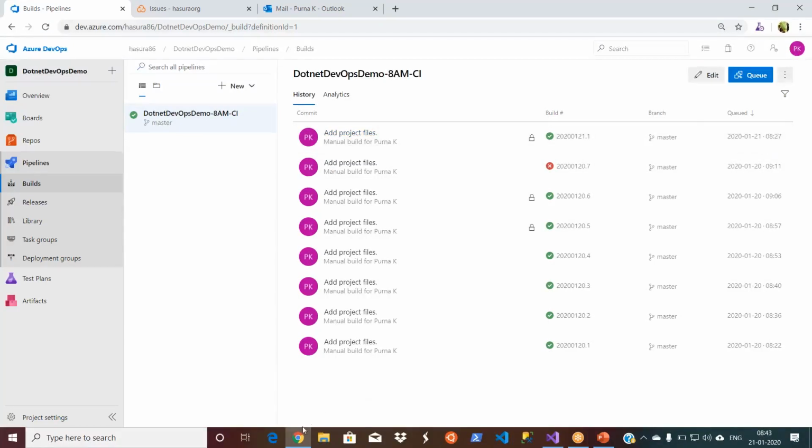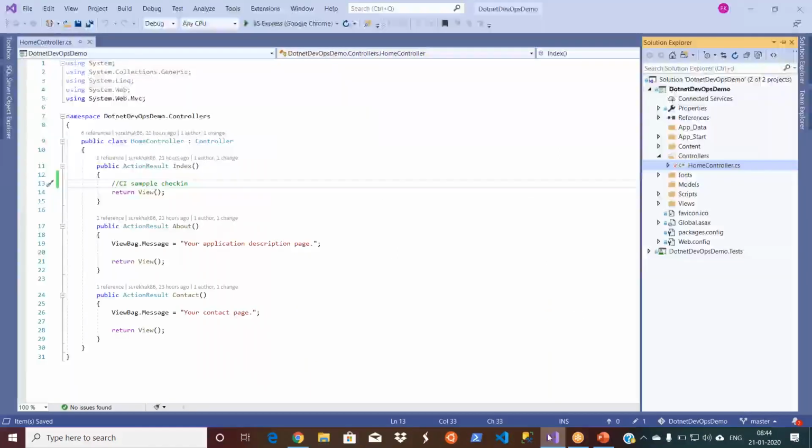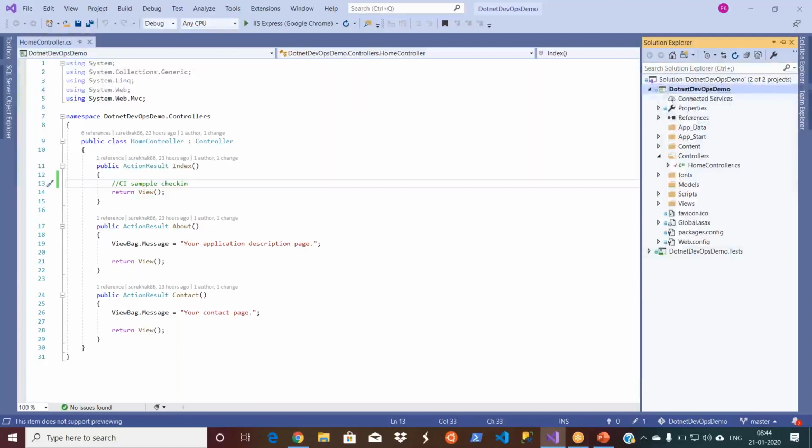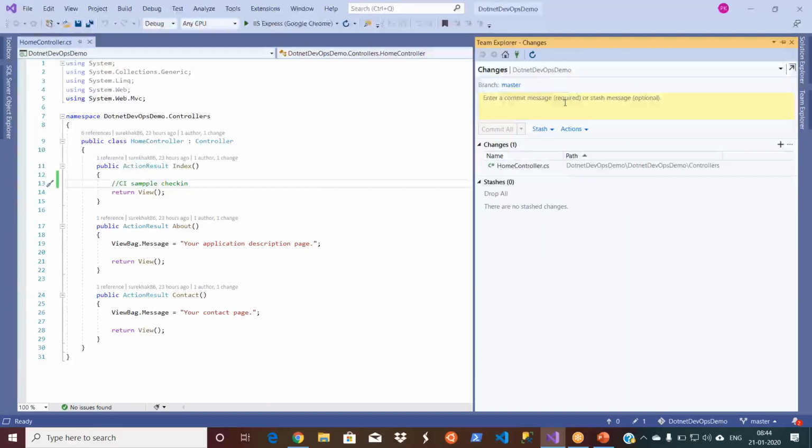Now let's go to our Visual Studio and check in the code. That means you push it. So commit, give some text, commit. I'll just push it directly.